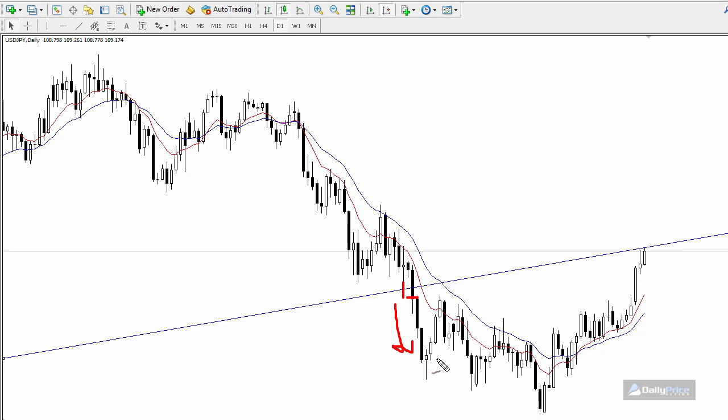Now, one question I get a lot is, how do you know your trend line is accurate? The easiest way by far is to just watch how the market reacts to it. So old support, right? This was acting as support before when it was back here. Once the market broke below it right here, this level becomes resistance. So all we want to do is look and see over the next few days how the market reacts to this level. And we can already see right here, if I zoom in,